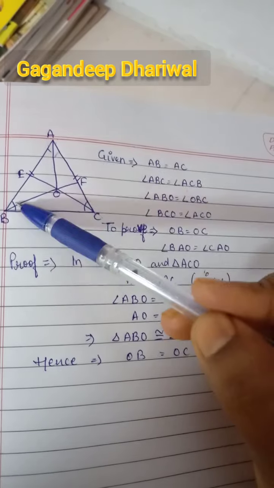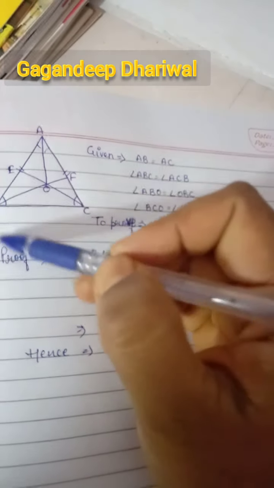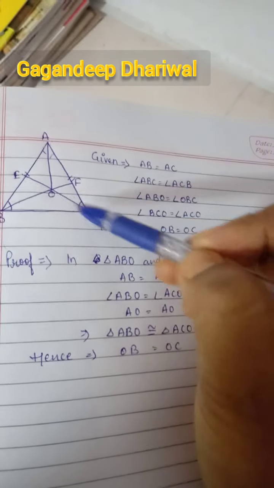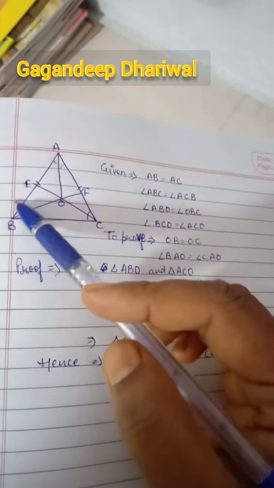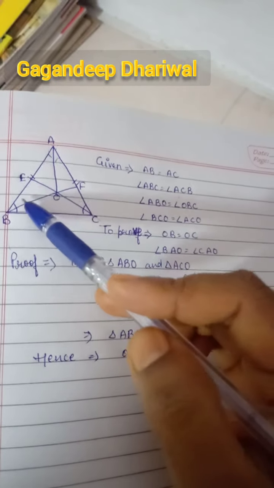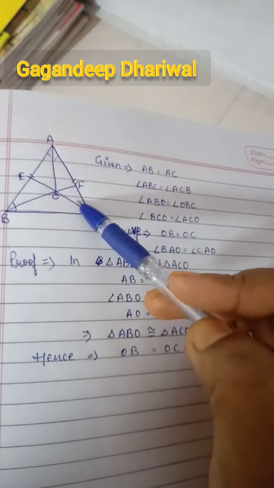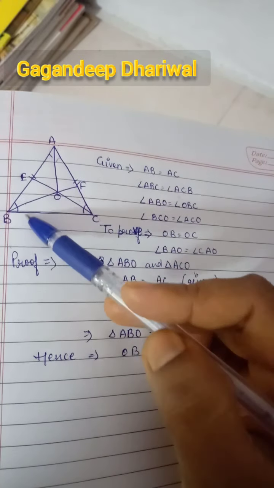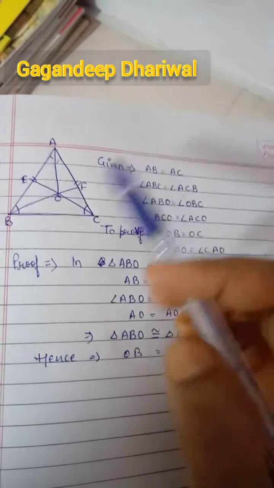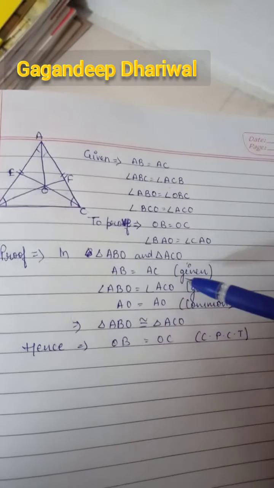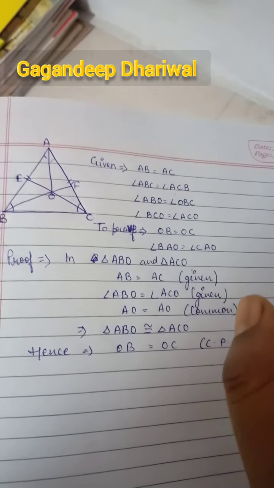दूसरी बात, this angle ABO, this one, is equal to this one, angle ACO. Again this is given, as this entire angle is equal to this angle, and this is the angle bisector, means this one is equal to this one and this one is equal to this one and this entire is equal to this one. It means all these four are equal to each other. That's why angle ABO is equal to ACO. This is already given in the question.